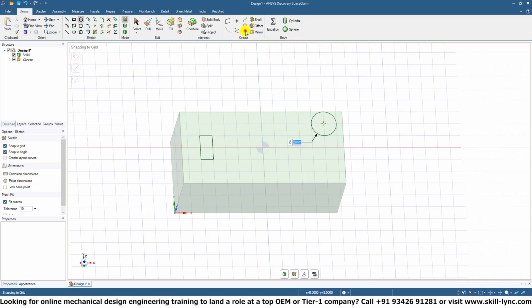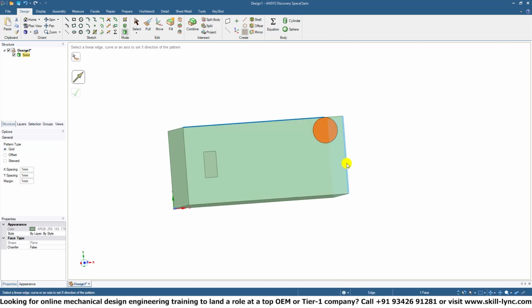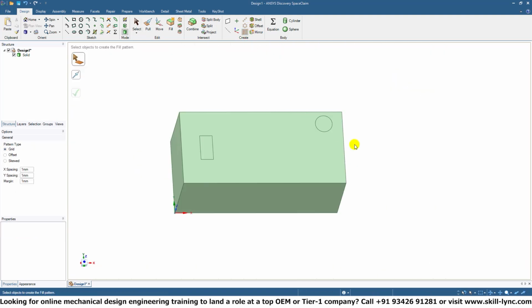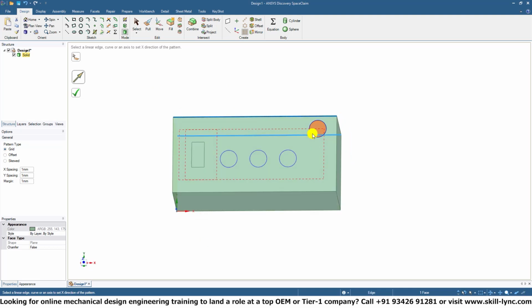What will happen if we selected linear pattern off of this, or a fill pattern off of that? Well, it just does not want to figure out what we're doing. It does not want to play nicely with us, unfortunately. Well, now it wanted to fill it. But obviously,